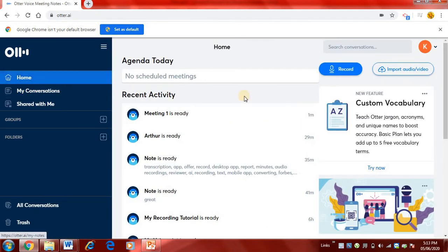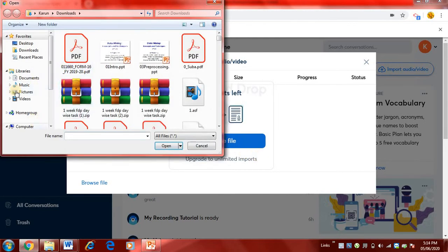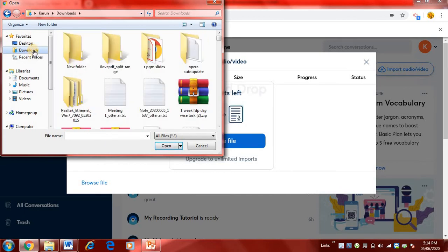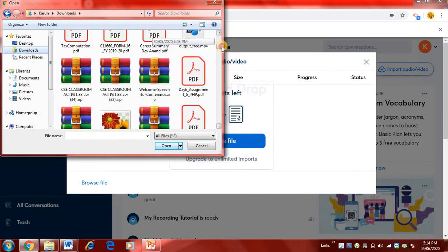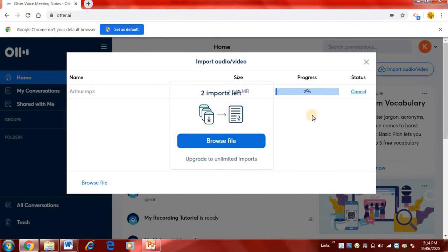Now when I move on to home, I said you can give input in 2 ways. One is by directly giving voice information, or you can import an audio or video file. Now let me add an audio file, and I'll show you how this happens. So I'll go to my downloads. I have a small story. Okay, it's a small story, and it is some 3-minute story.